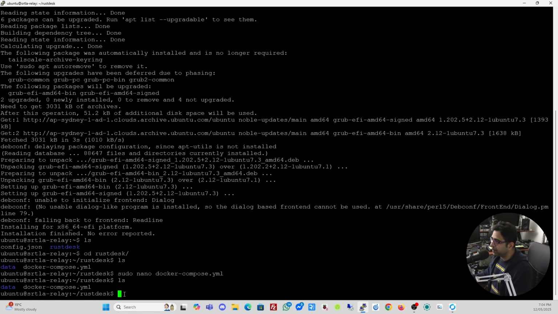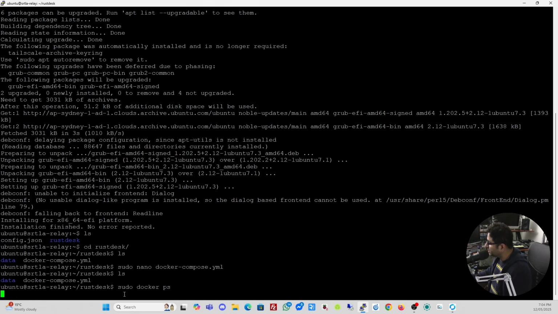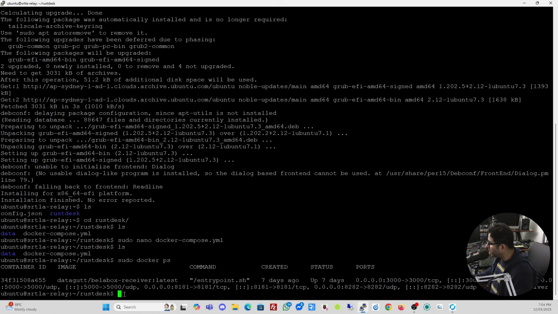Great. So the next step is to make sure that Docker Compose is up and running. Right now I have another Docker container that's running, but I don't have RustDesk installed yet. I can demonstrate that by going sudo docker ps. As you can see, I only have one other container running on this server. I'm going to be running two containers on the server, and they're super lightweight. One CPU core and 1 GB of RAM is more than enough to run 2 to 3